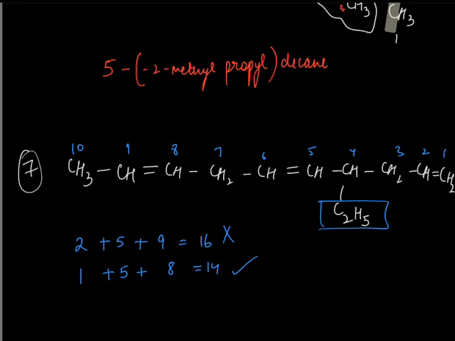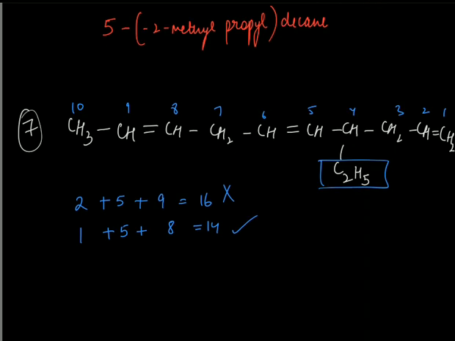So let's try to name this. So we will start from the alkyl. We have only one alkyl in this, and that's at the 4th position. So it is going to be 4-ethyl. C2H5 is ethyl. Then again, you remember that alka part, if you have more than one double bond, so we have 3 double bonds over here, then the word root is going to become alka. So this will become deca. So deca, then 1, 5, 8, triene. That's the answer.